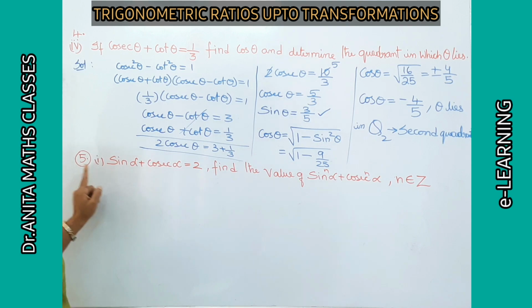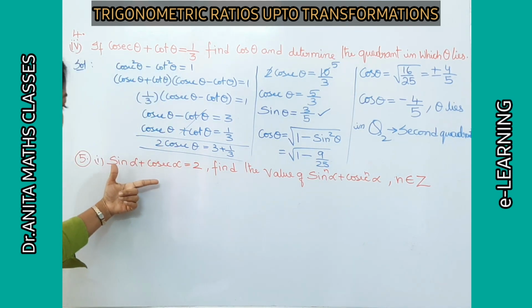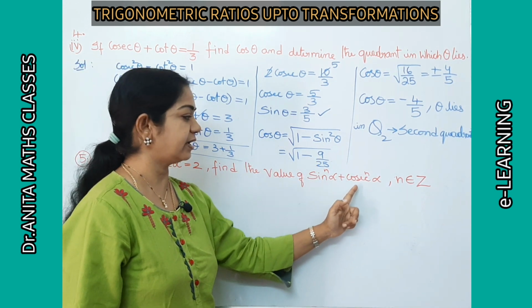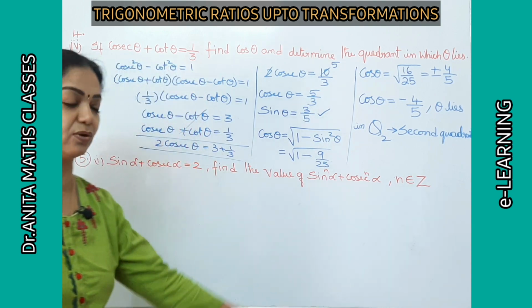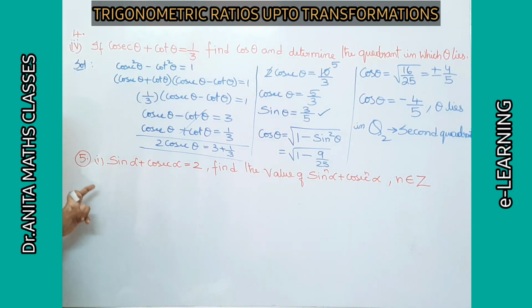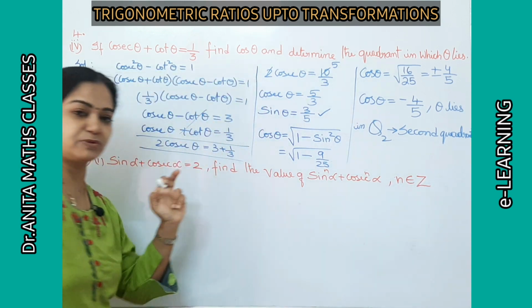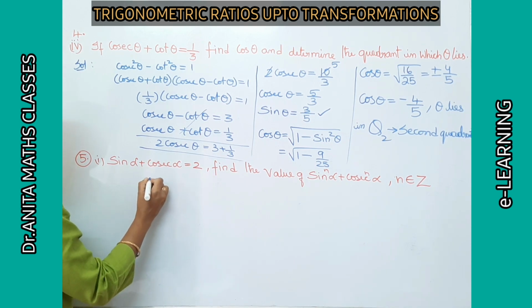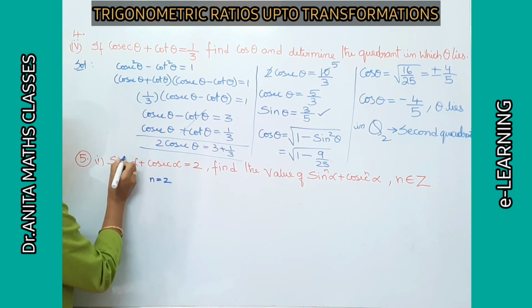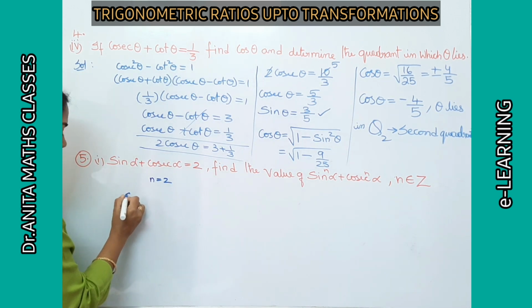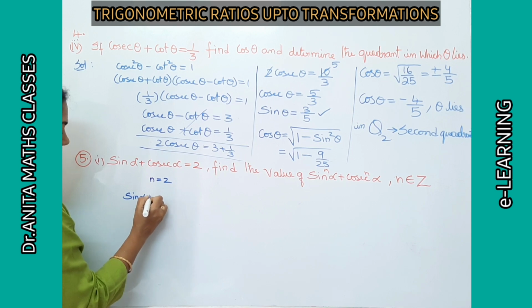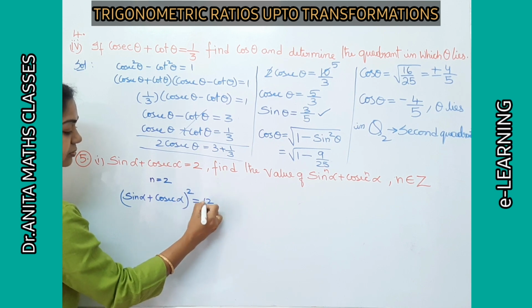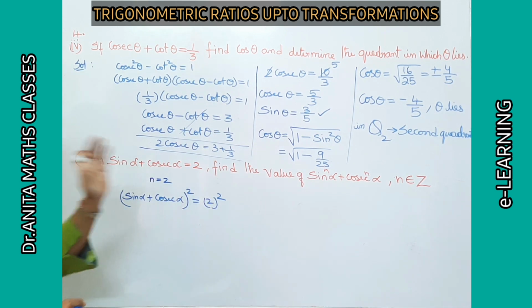Let's see the next problem also. First one I have noted down here. Here sine alpha plus cosecant alpha is 2. Find the values of sine to the power n alpha and cos n alpha, where n belongs to Z. Z is the integers. Because n belongs to Z, let us substitute 1 and 2 and we will generalize. Here let me take n value as 2. Already 1 is there here. So if I take 2, sine alpha plus cosecant alpha whole square is equal to 2 square.